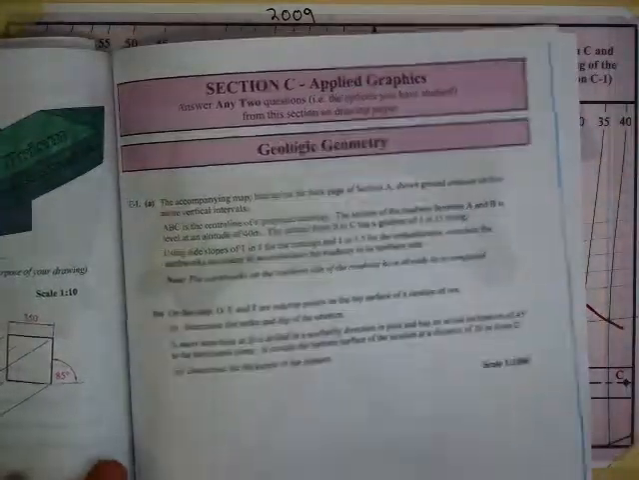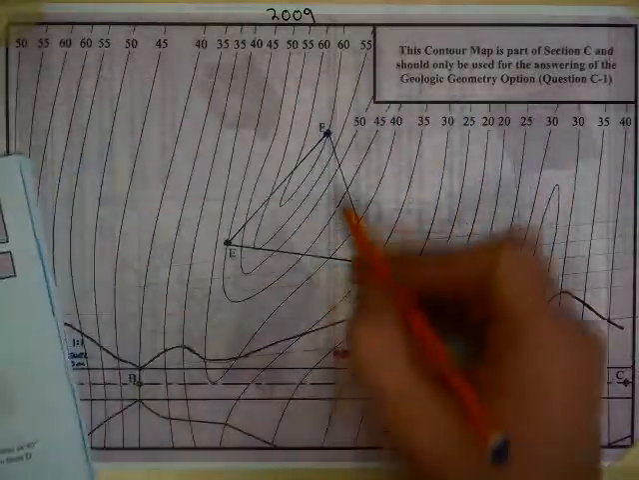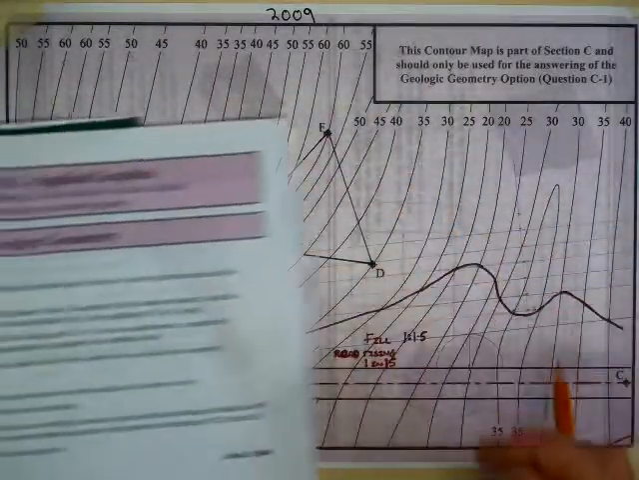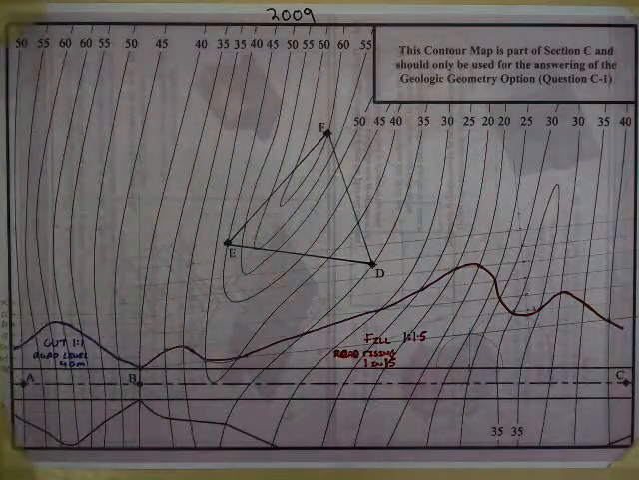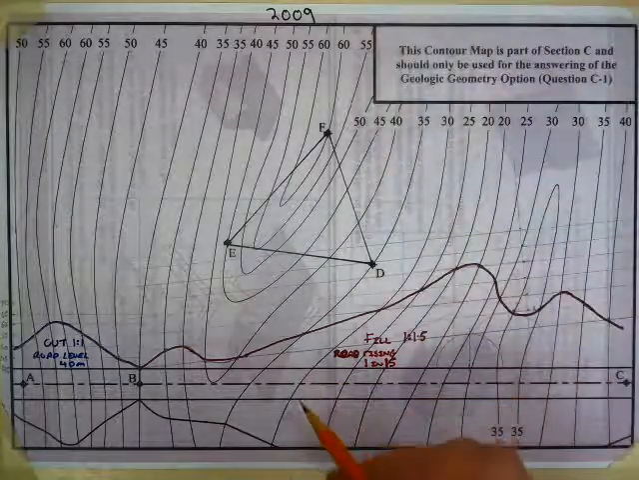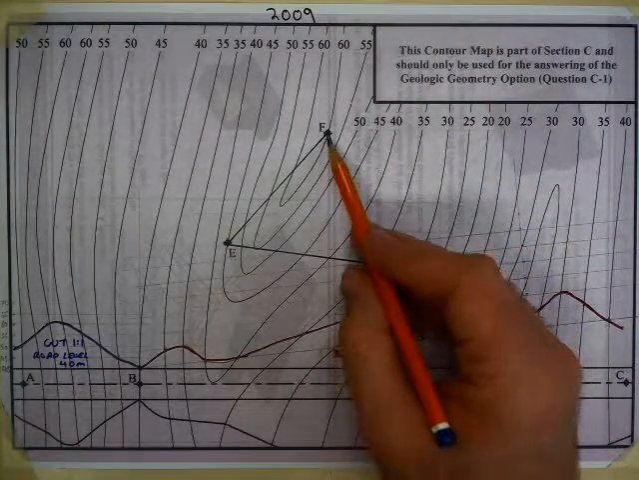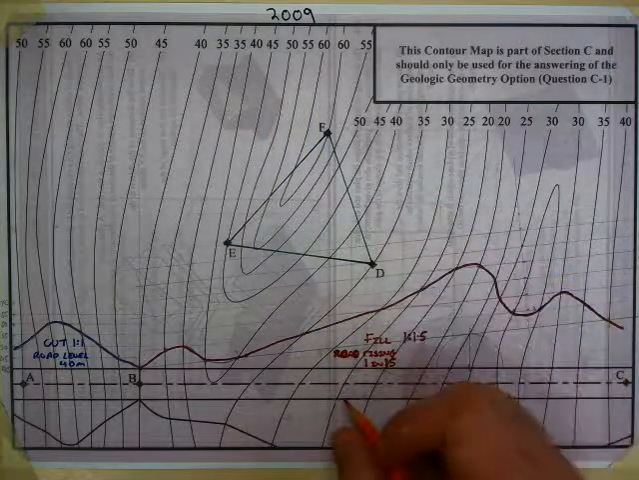Now, on the map, D, E and F are outcrop points on the top surface of a stratum of ore. So I've joined D, E and F. So this is the top surface of my stratum of ore. Determine the strike and the dip. Now when it presents like this at higher level, you don't have your elevation to get a horizontal line. But if you take into account that F is at 60, E is at 45 and D is at 35,